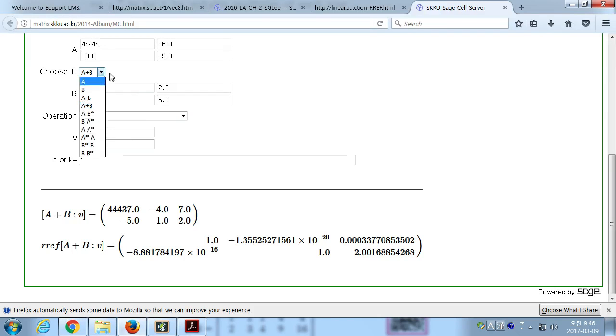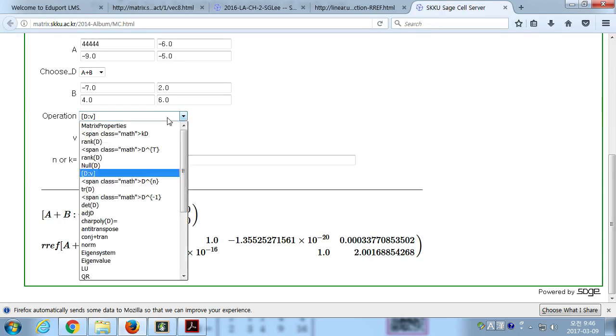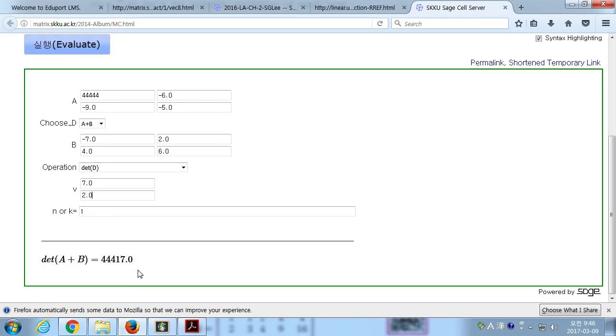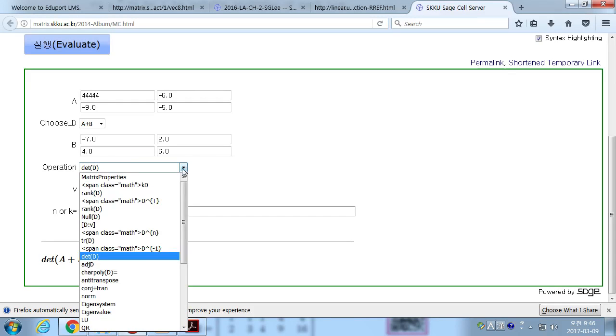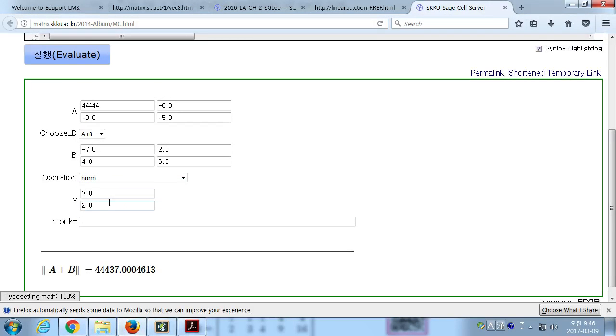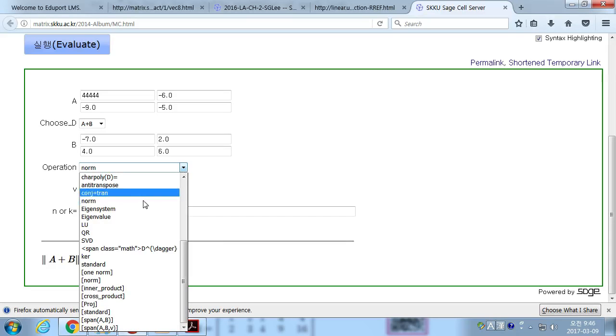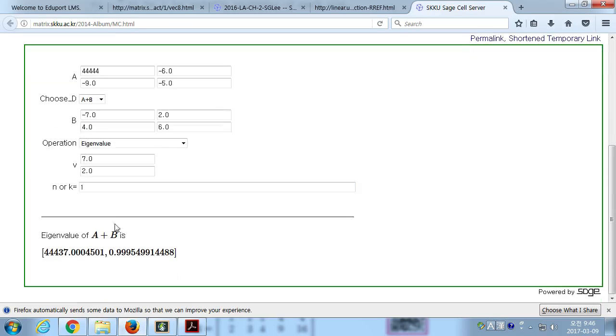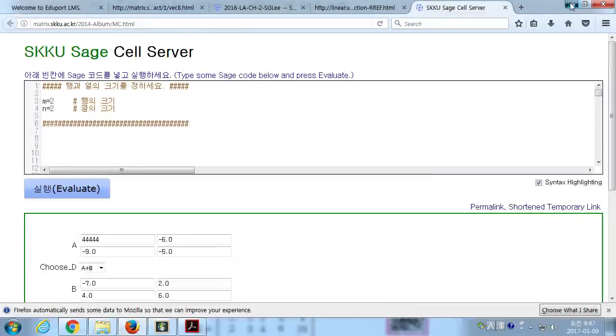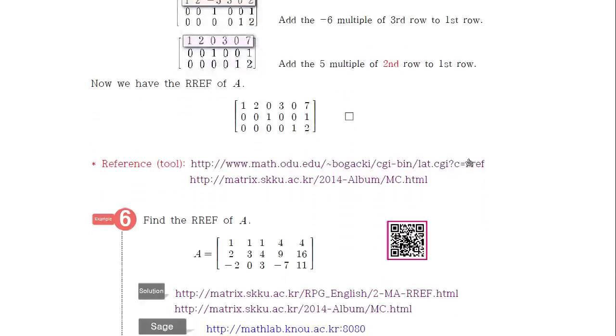Okay. So there are many things that can be done. You can find the determinant of this matrix T. You can find the norm of this matrix. You can find the eigenvalues of this matrix, as a 2 by 2 matrix has. There are many things that can be done at once here. So computation is not the problem at all for you.